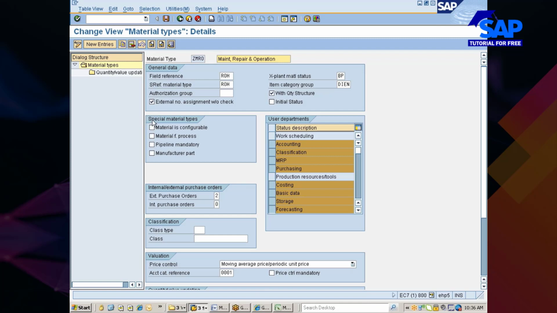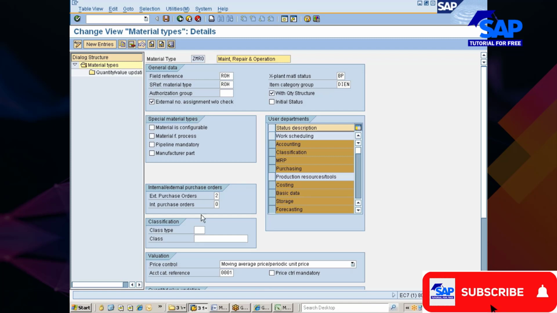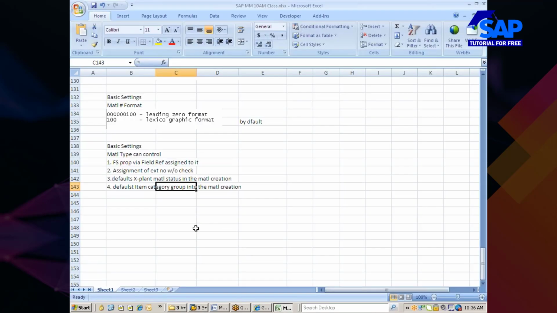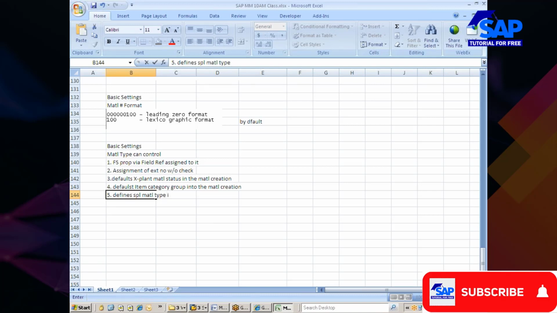So this material type also defines the special material type if required.